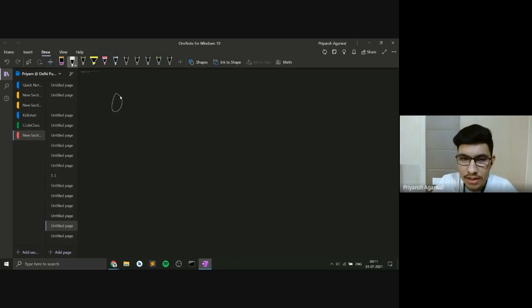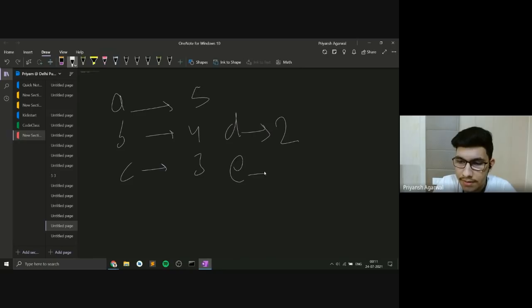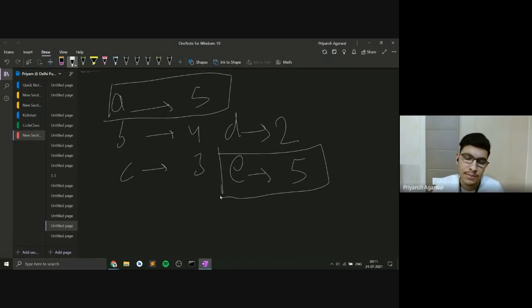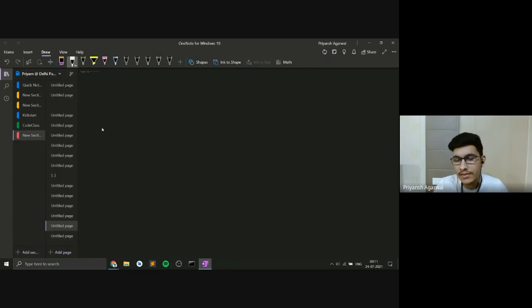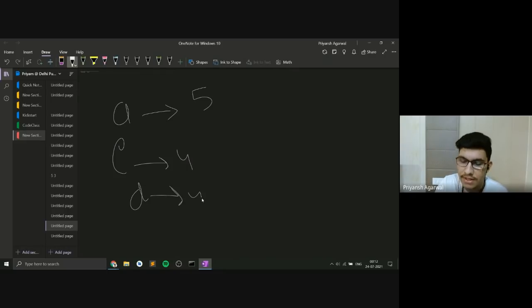So what I was solving was, let's say the occurrence of A is 5, B is 4, C is 3, D is 2, and E is, let's say, 5. The problem that I was solving was, if you consider the character that is occurring maximum number of times, and the character that is occurring second maximum number of times, these two should not be same. This is what I was supposing in the question. They were telling us that the character that is occurring maximum number of times should be greater than all the other characters' frequency, right? So I was assuming that if I choose A as my character that is occurring maximum number of times, the other characters should not occur so many times. Like E can only occur 4 times. Similarly, D can also occur only 4 times. It cannot occur 5 times.